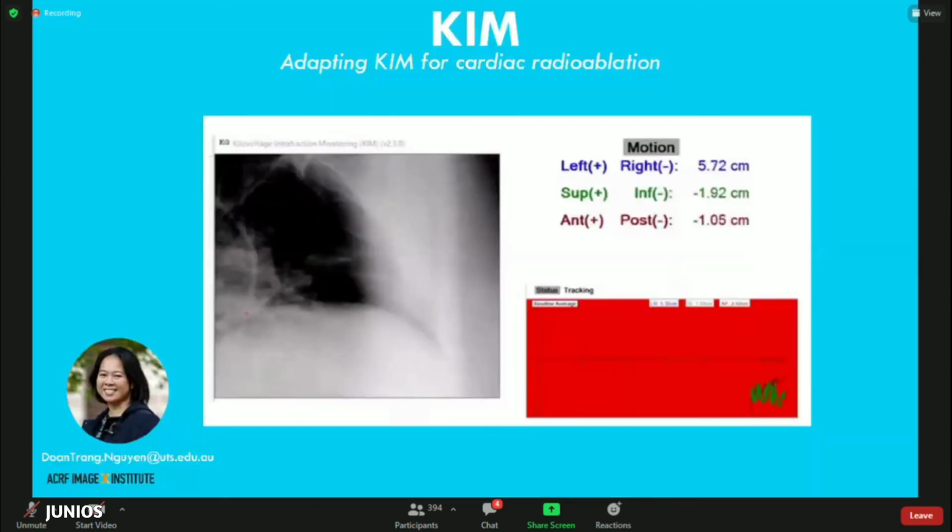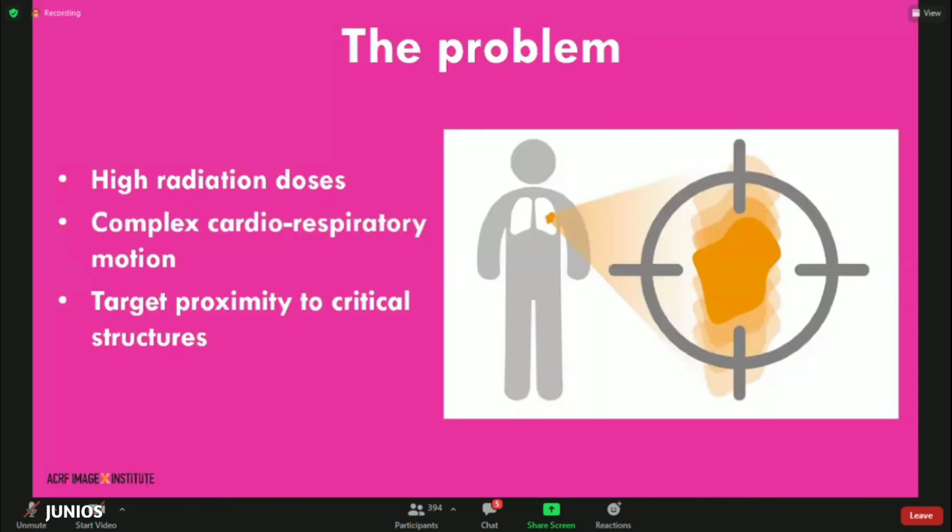Trang has extended the software to track ICD leads, which you can see as the red cross in the simulation video. The idea is that this could be used to reduce the target volume in VT patients with ICDs, and this is predicted to improve healthy heart function after treatment. The same cardiac